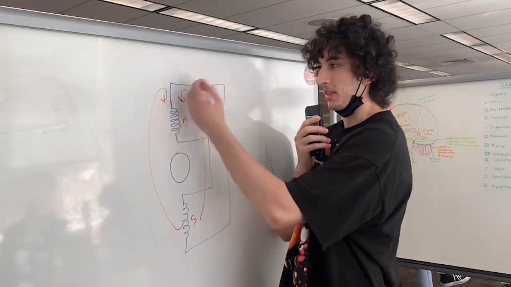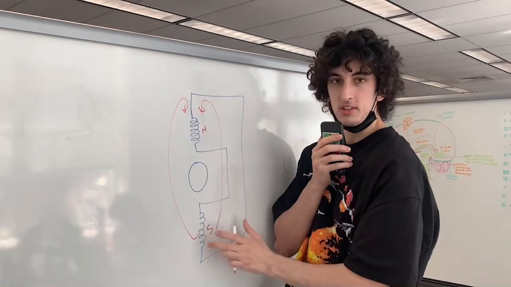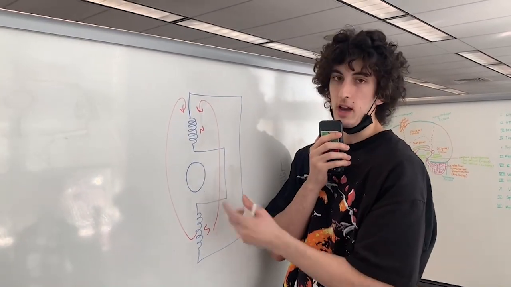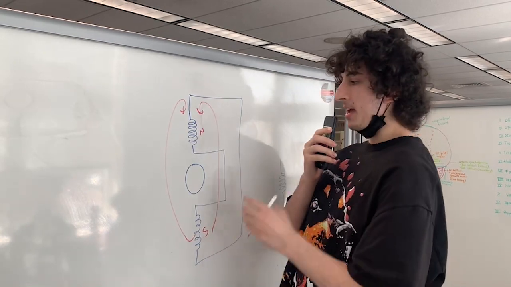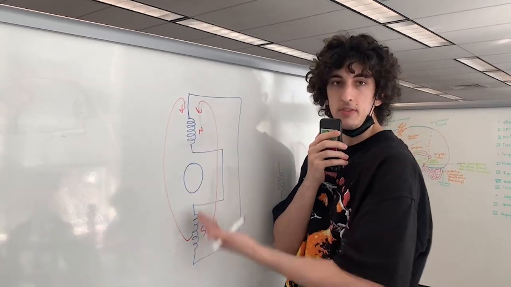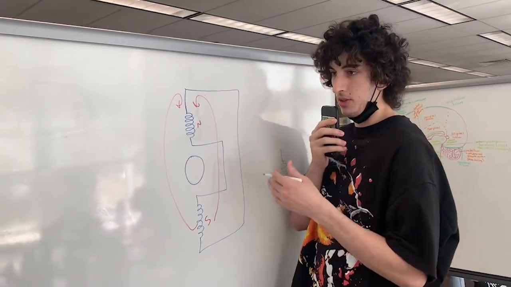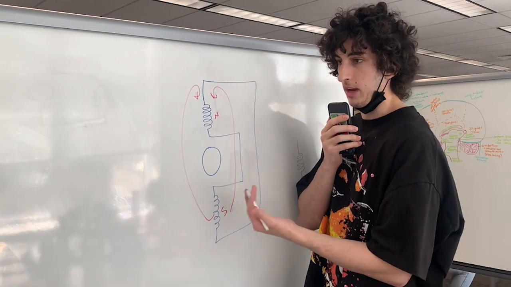Assume current's flowing this way. When you have alternating current, what that does to something like this, ignore the circle for now, is it constantly causes the polarity of the magnetic field to change. So what's going to happen is as the device that makes the current change direction acts,